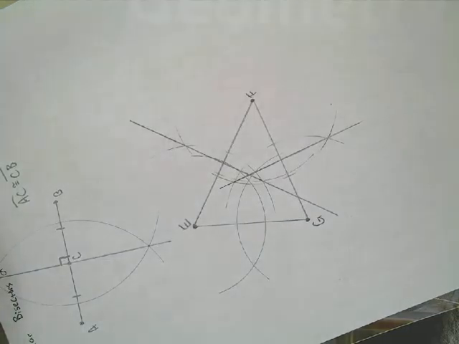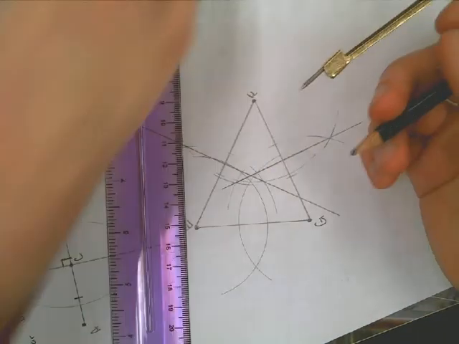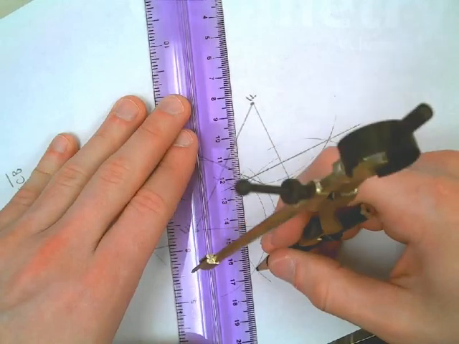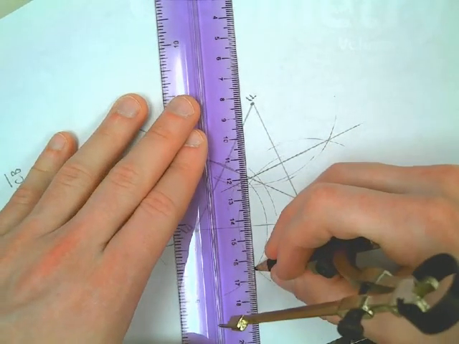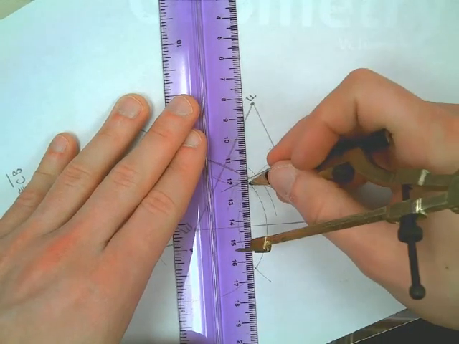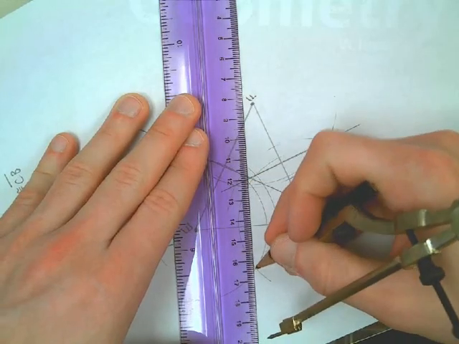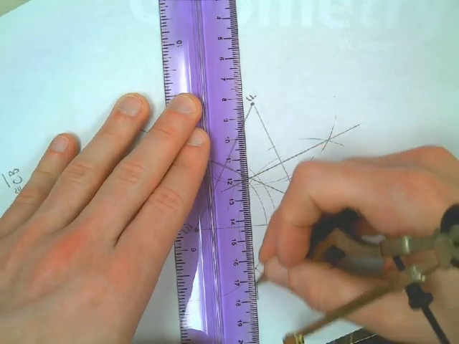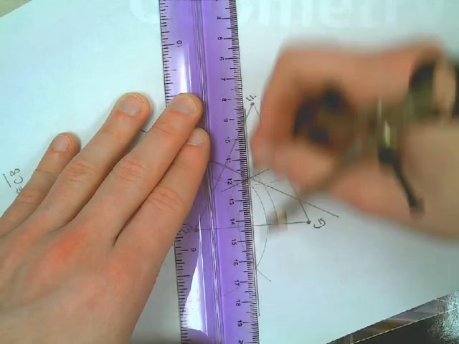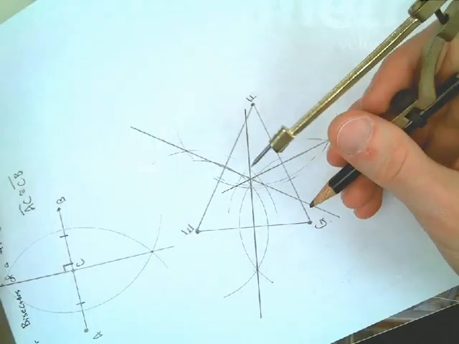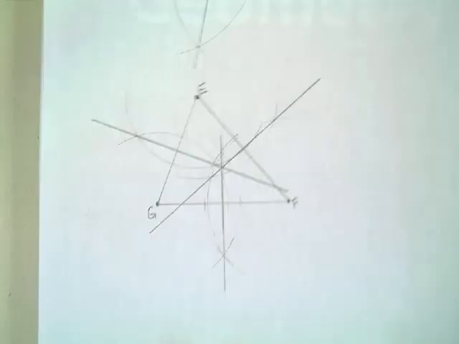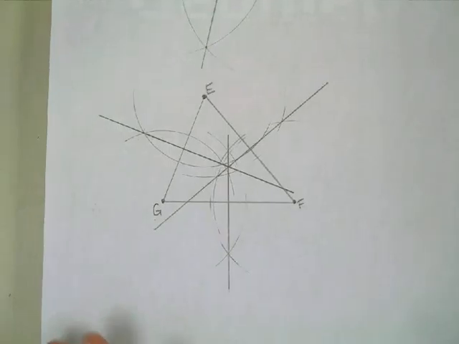And I did just an okay job here, I can see. And then again, draw your perpendicular bisector. Question? That's right. Okay. So now,